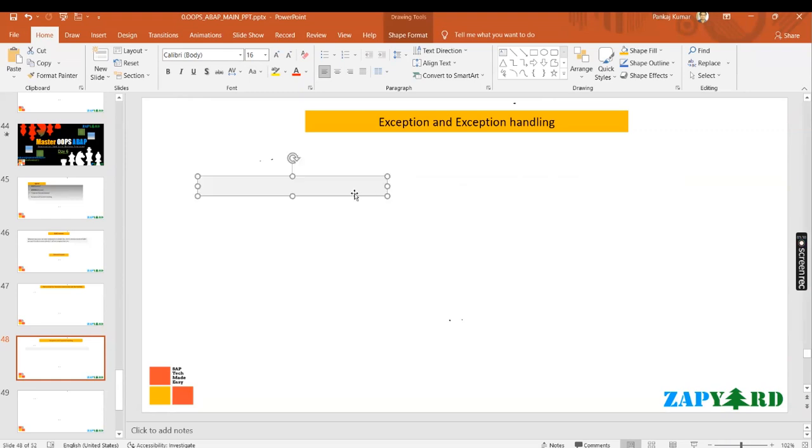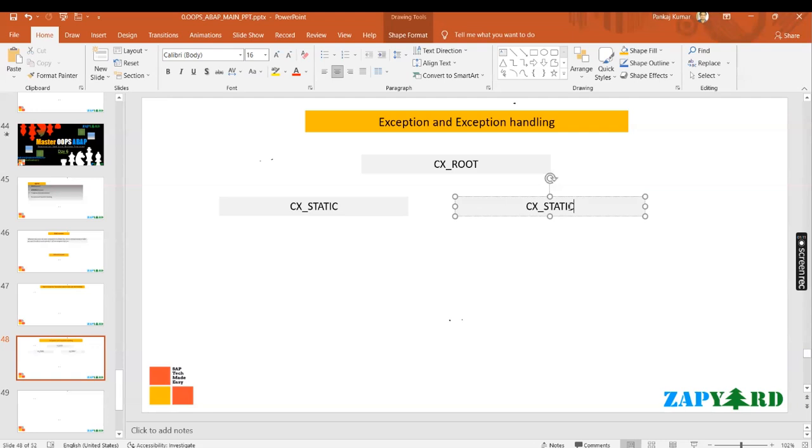So there are three types of exception basically. Means exception has been categorized. So maybe better I can write like this: cx_root is the parent of all the exception. Okay, superclass for all the exception, and this has been further categorized into cx_static, cx_dynamic,